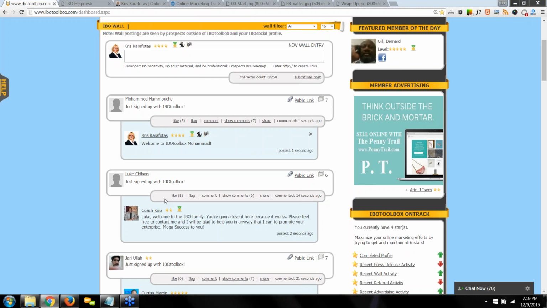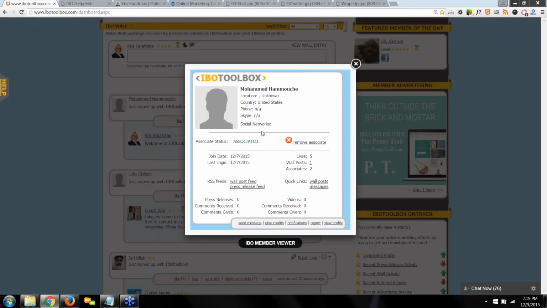Now, I would take it a step further, and I would click on their name, which opens up an IBO member viewer. If I wasn't associated with him already, it would say send request, or not associated here, and then over here it would say send request. But I'm already associated, so it says associated.